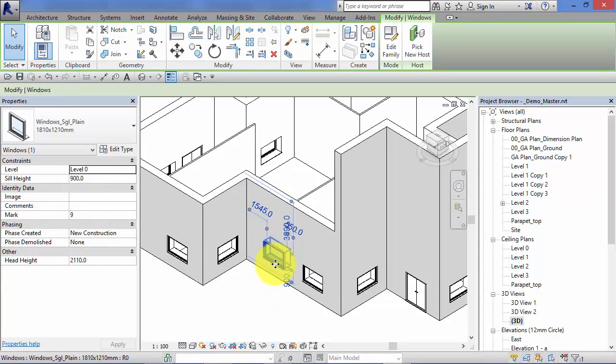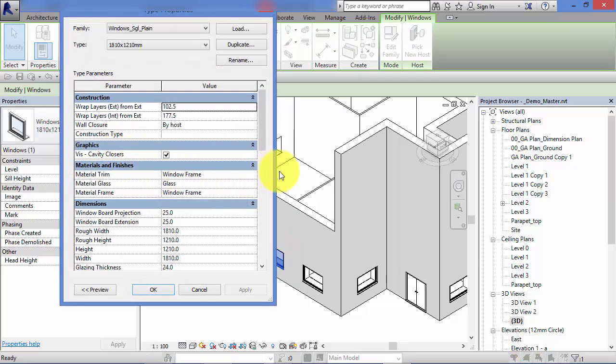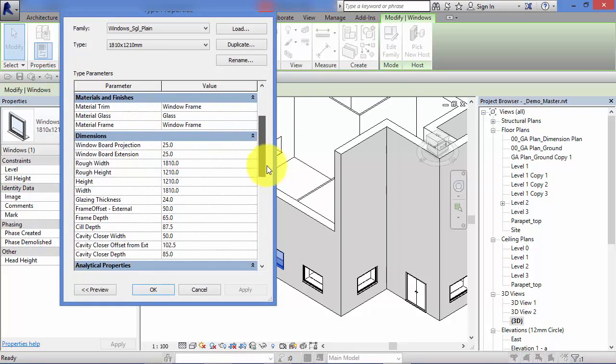We might want to vary the sill height of a particular window. Hence, the sill height is shown at the top level here as an instance parameter, so that we can vary it on a per window basis without affecting any of the other windows of the same type. However, if I go into edit type, we look down here,